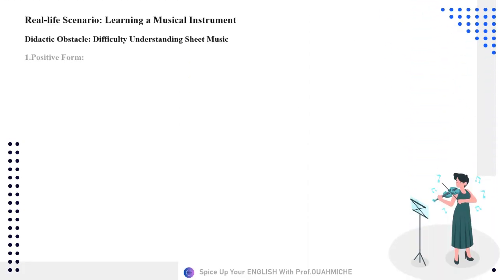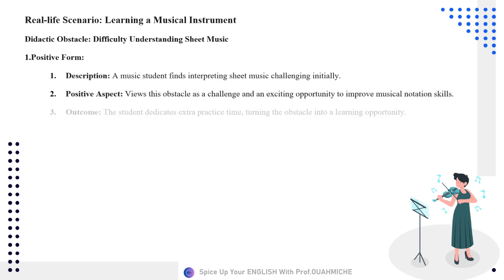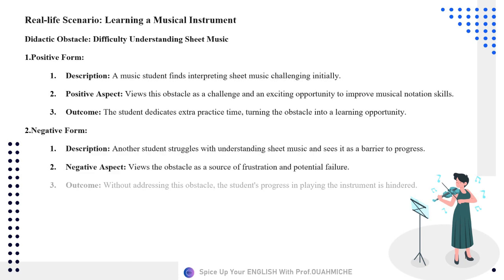Learning a musical instrument. The didactic obstacle is the difficulty understanding sheet music. We'll be starting with the positive form. A music student finds interpreting sheet music challenging initially. The positive aspect of it is that this student views this obstacle as a challenge and an exciting opportunity to improve musical notation skills. The outcome is that the student dedicates extra practice time, turning the obstacle into a learning